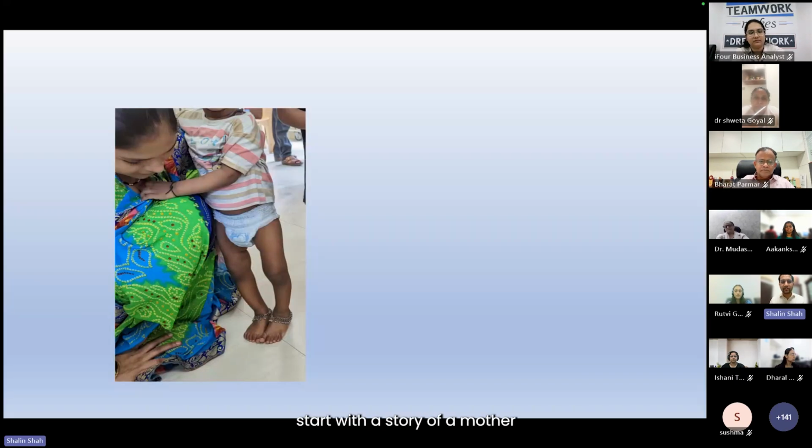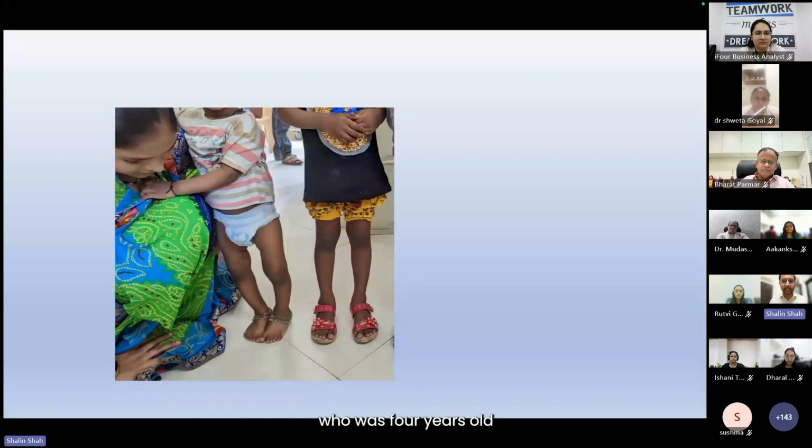So I'll start with a story of a mother who came to me with her 1.5-year-old boy who had this bowing in his legs. Mom said, this child has bowed legs and that bothers me, so please do something for this. And I said, this is normal. And mom said, this is not normal, because I have an older kid and the older kid does not have legs like this. And then she asked me to turn my head. I turned my head and I could see the older child, who was 4 years old and had bow legs going the other way.